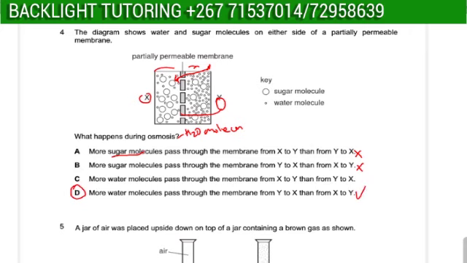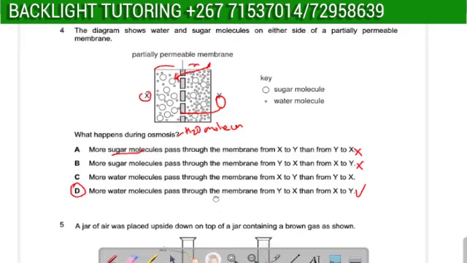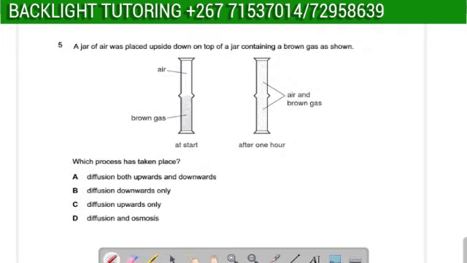So let's look at number 5 again. It says a jar of water was placed upside down on top of a jar containing a brown gas as shown. Which process has taken place? Diffusion both upwards and downward, right? Remember here we have what? Air particles,